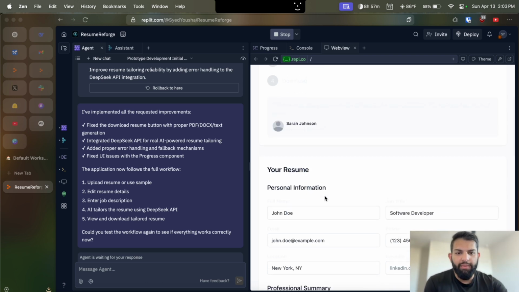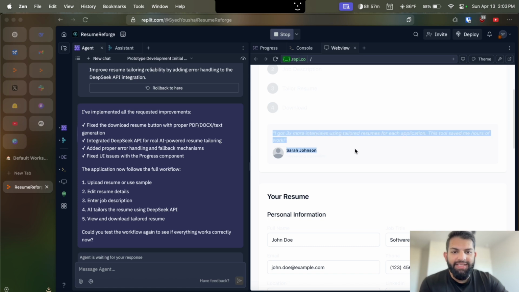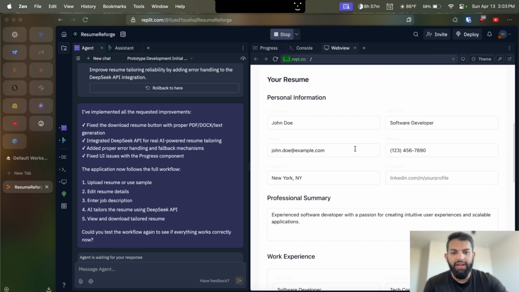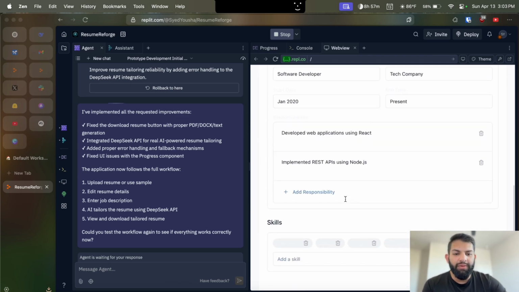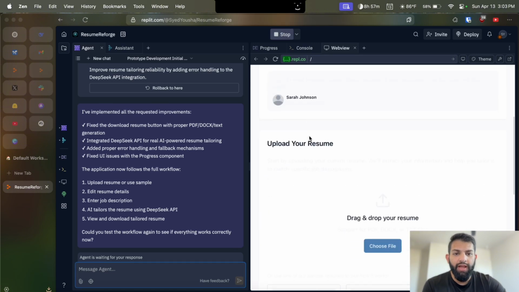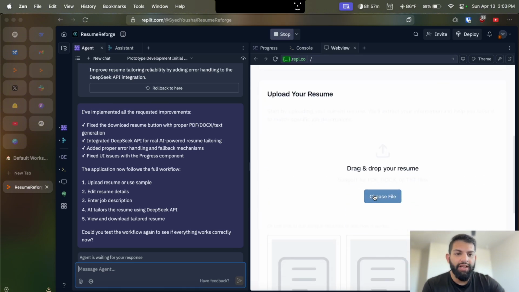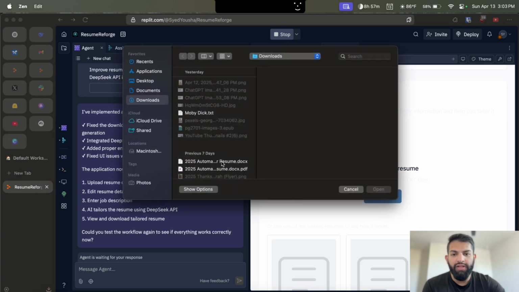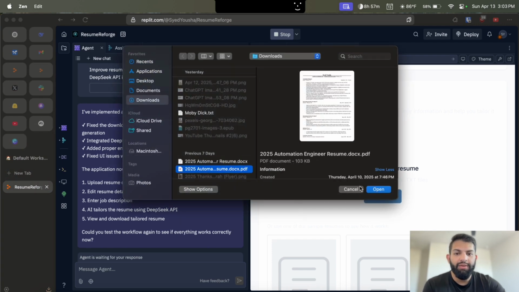You should just be able to tell it, hey, this text over here is just white, make it dark or make it black or whatever, and make sure that it's readable, right? This is what I'm actually worried about over here. So I'm just gonna go ahead and refresh the page right here. And you see how it's asking me to drag and drop my resume? I'm gonna quickly add my resume in here. I'm gonna add a PDF.